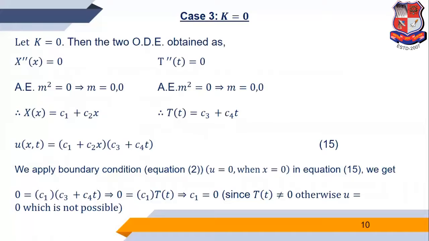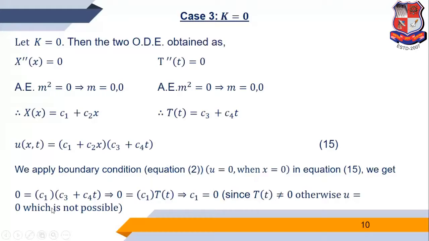Now we consider case 3, k equal to 0. So k equal to 0, then we get two ODEs: X double dash equals 0, T double dash equals 0. So the general solution for the case k equal to 0, we write u(x,t) is equal to (C1 plus C2 x) into (C3 plus C4 t), which we obviously discussed in the previous lecture. So now we are applying the boundary condition equation 2, u is 0 when x is 0 in equation 15,